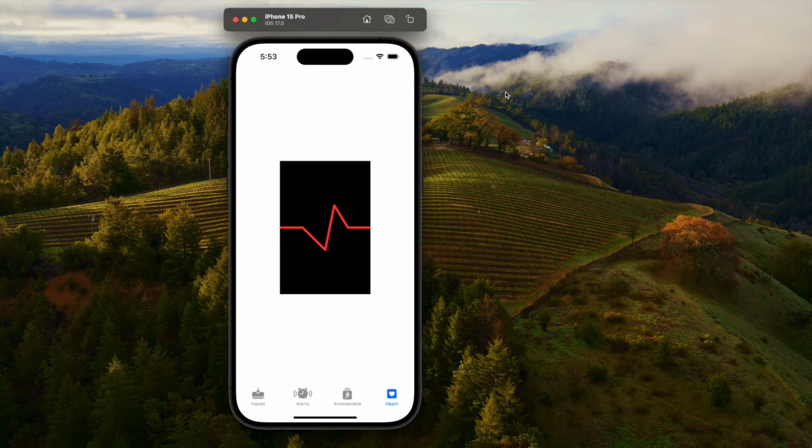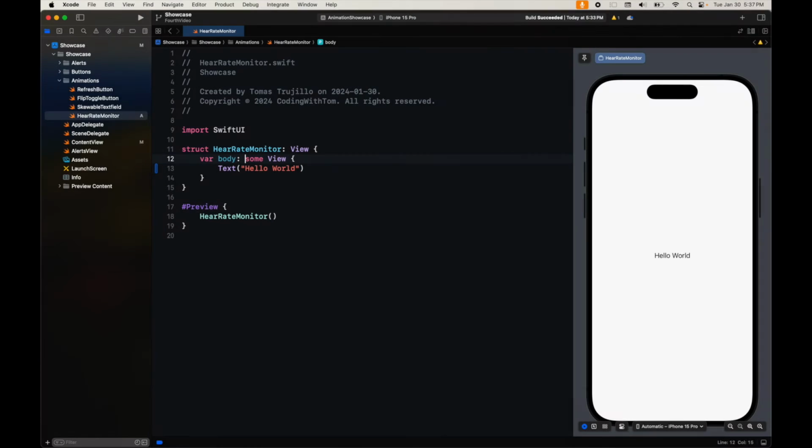We will not be using shape for this. Instead we will use other views that SwiftUI provides that allow us to draw stuff in a specific determined area. I already created a view and added it to a tab view in the Animator showcase. We have worked on this app for 3 other videos. So we'll start with a VStack, and unlike the previous video, we are not going to use shape to animate